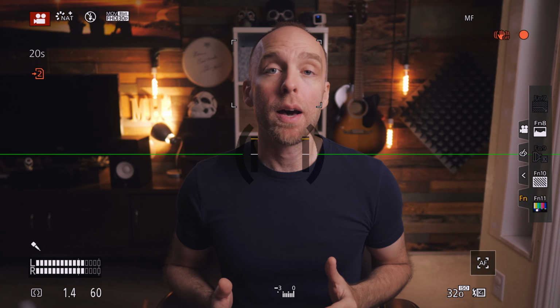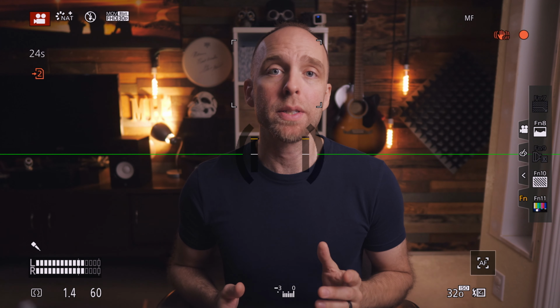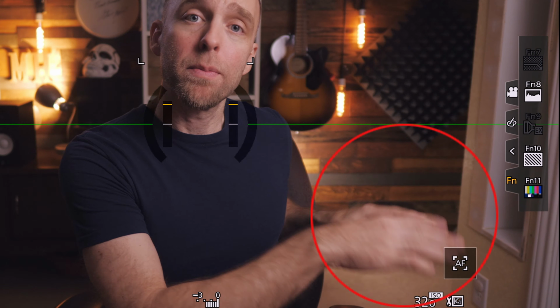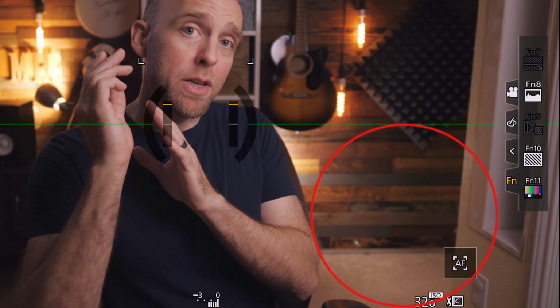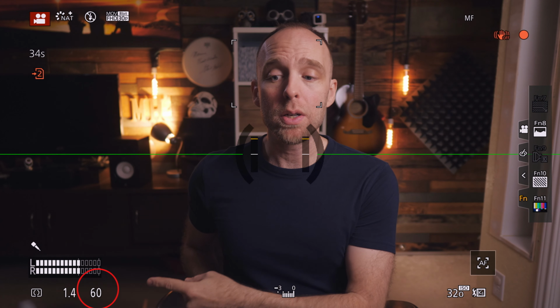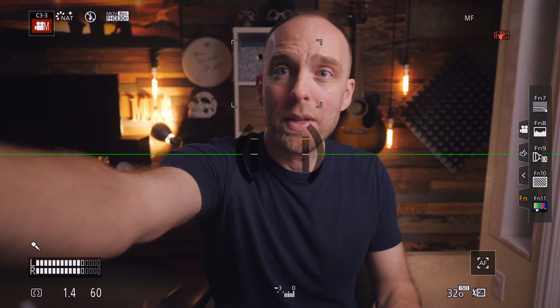All right, to show you this, I've changed the GH5's frame rate to 29.97 frames per second with a 1/60th shutter speed, and we can now see this video flicker coming from the Philips Hue bulb with the combination of the GH5, 29.97 frames per second, and 1/60th shutter speed, which you can see right down there. But if I just turn on Synchro Scan, give me a second here,